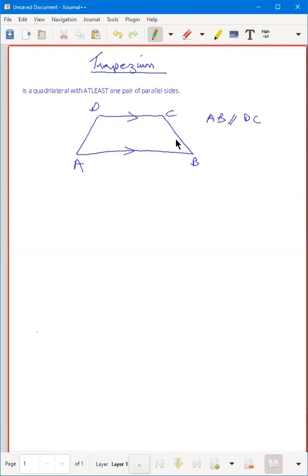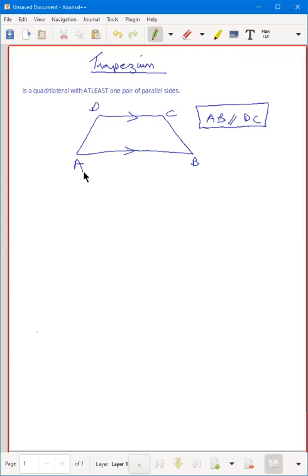In trapezium, some definitions say at least one pair of sides is parallel and the other sides do not have to be parallel, but some definitions say only at least one pair, and the other sides can be parallel. So keep it, that's a very ambiguous definition of trapezium. Because if it's only at least one, then every parallelogram will become a trapezium. But if you take only one, then every parallelogram will not be a trapezium. So both the definitions are there. It's ambiguous. So leave it as that, as only one pair of parallel sides. So the condition for trapezium is AB, at least one side is parallel. They are not equal. Remember this.